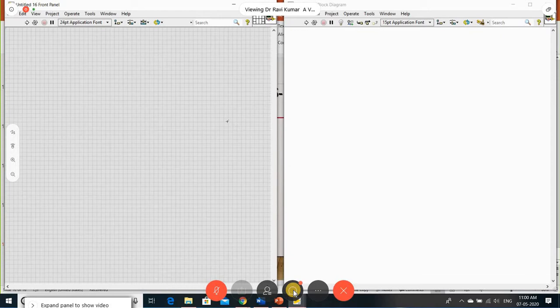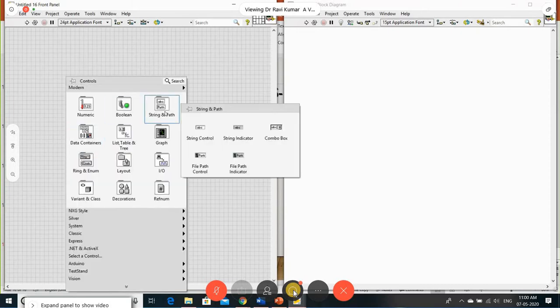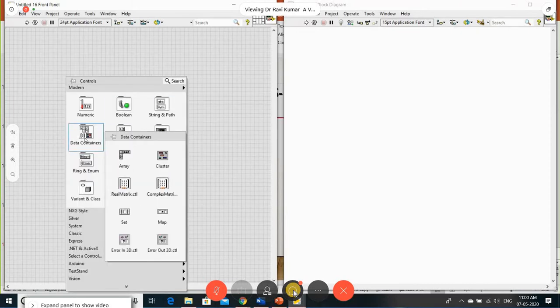In the block diagram, we have the data containers. In that we have an array, clusters, matrix, all of them. We'll go with the array first. So I'm selecting an array. So this is your array.